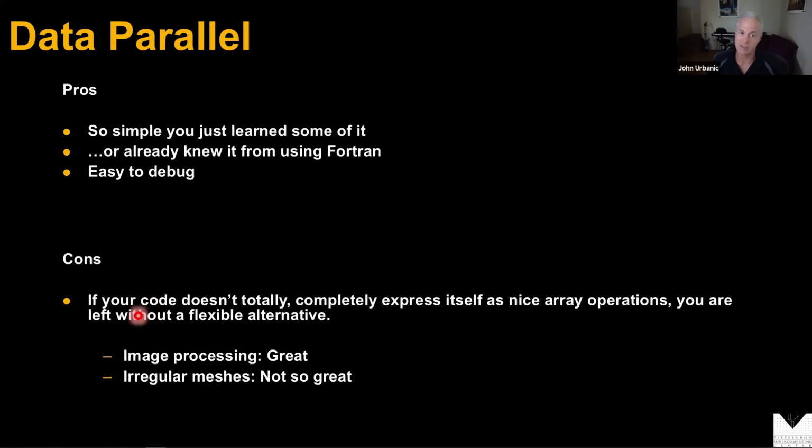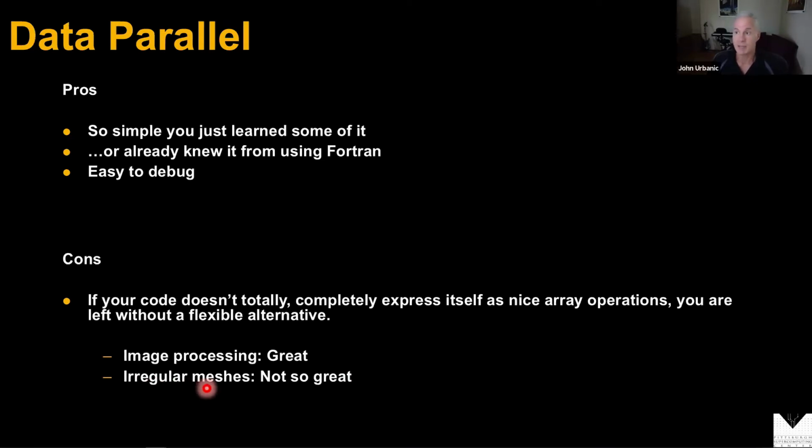With data parallel, you get stuck really hard, really fast. The second that things aren't nice square arrays, these data parallel commands fail, and there's no plan B. People try to jury-rig some statement, but there really isn't a plan B. There's no way to make data parallel work well with irregular shapes and contexts. So if you're doing image processing, with a bunch of pixels in square grids, that's great. If you're doing irregular meshes, not so great. And real-world problems turn out to get irregular mighty fast.